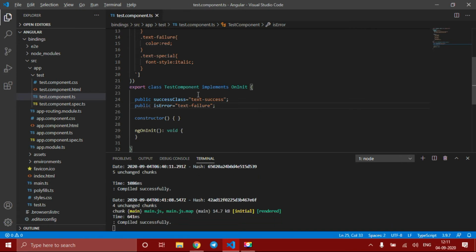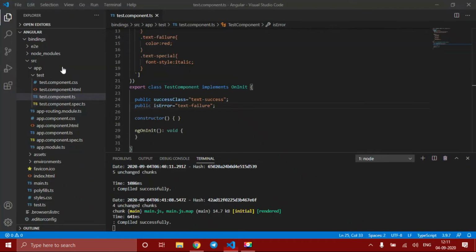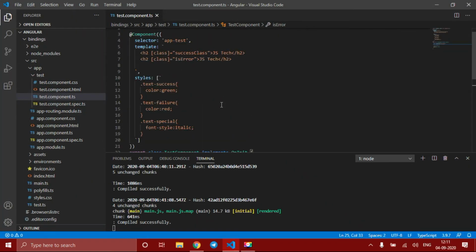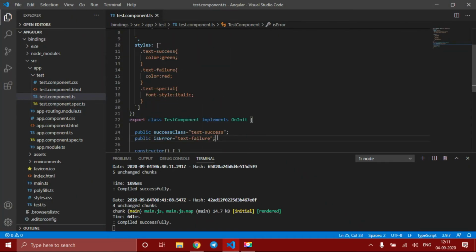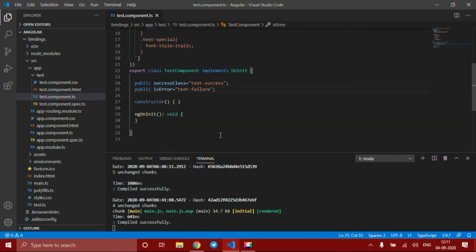Let's check the output. Okay, this is working good, but I want this to be either true or false based on a boolean value. Let's create a boolean property. I am creating this as true.